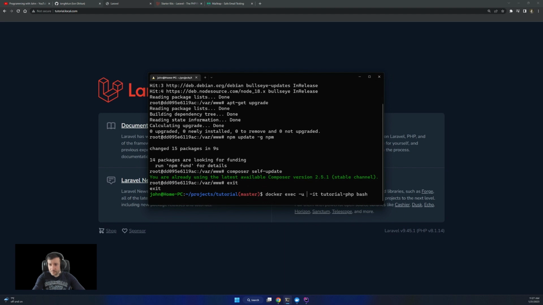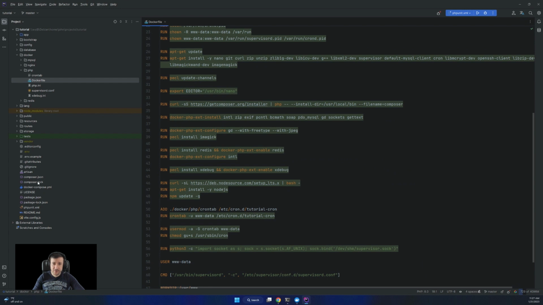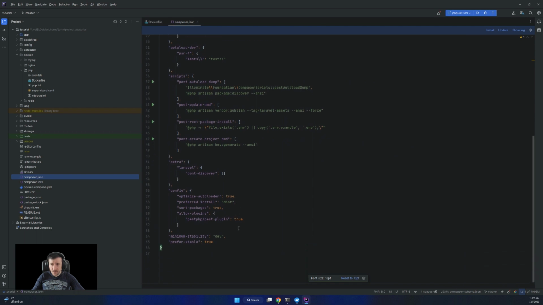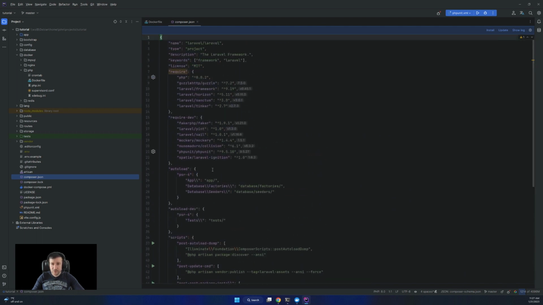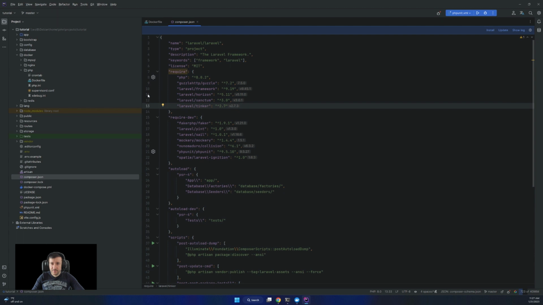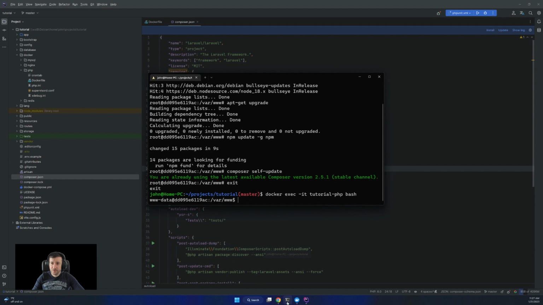Getting back to in here, right? I want to go in here and check composer, and here we have some things. I told you what the next step is. So I want to force it to use PHP 8.1 since my container is PHP 8.1. These packages, I'm not really sure if they are the latest version. Maybe I want to get the latest. Same for this and some other packages that you might find useful.